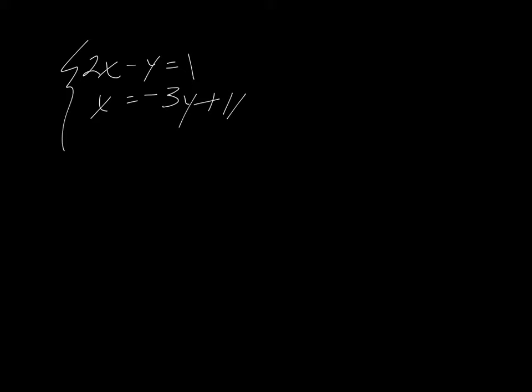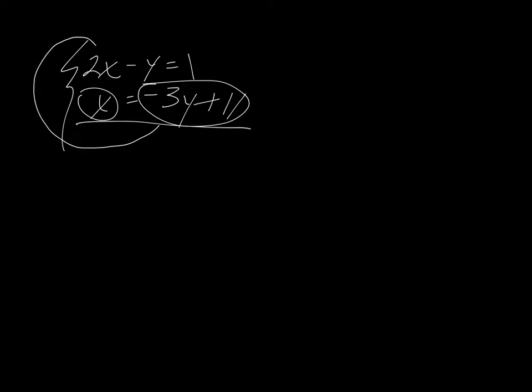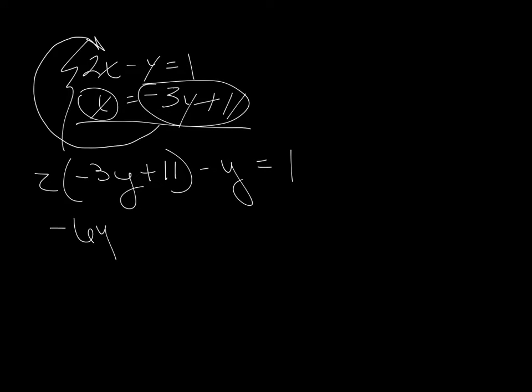The way we solved this was we were to look at this equation here, and whenever we saw an x, we'd put this in its place. So we would take that and put it in place of x in the top equation and write it like this. Then we would distribute,